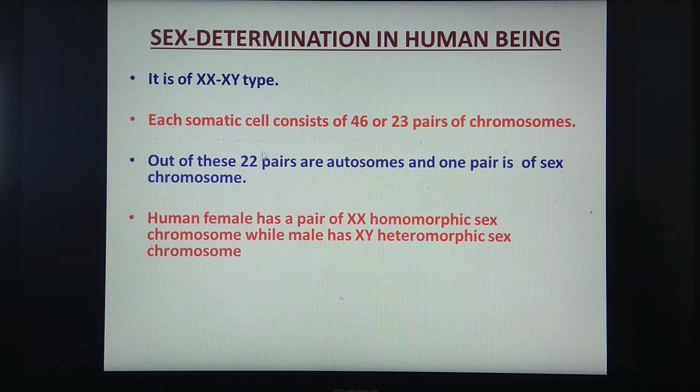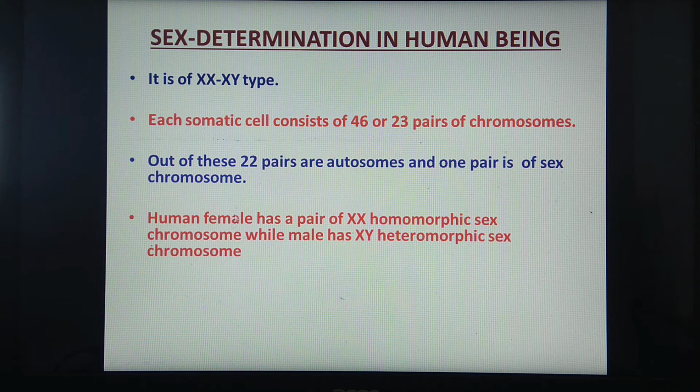Now, out of this 23, 22 pairs are called autosomes. Autosomes means what? Which determine body characters except sex. So out of 23, 22 pairs are autosomes and one pair is of sex chromosomes, which are also called